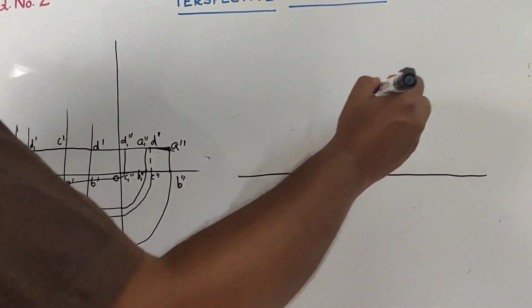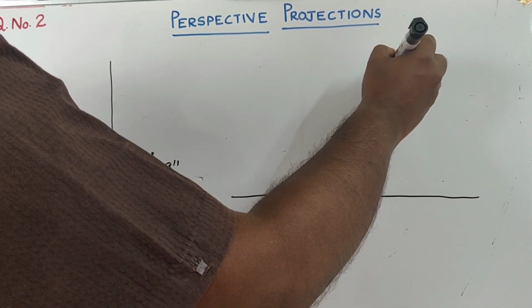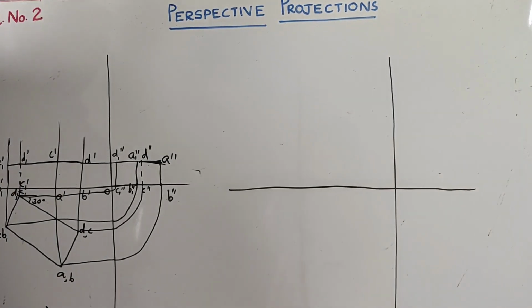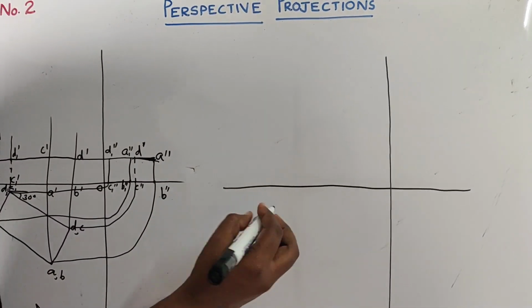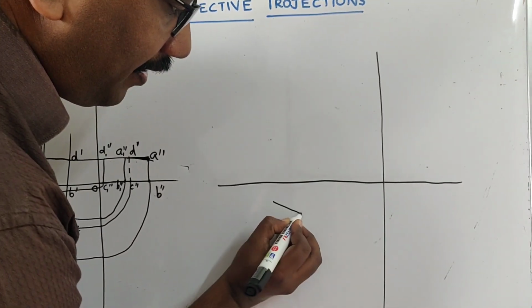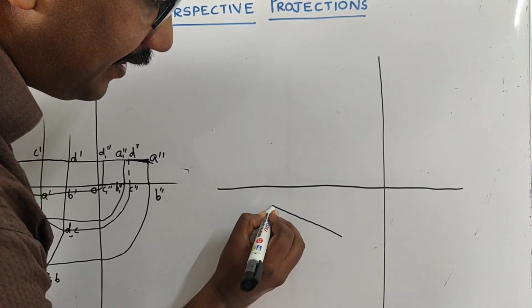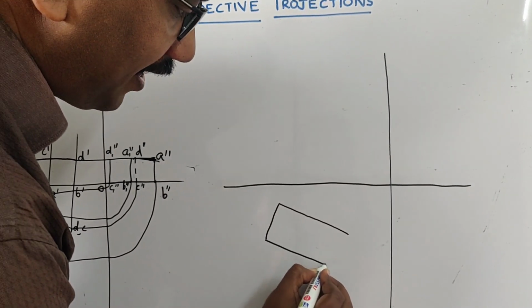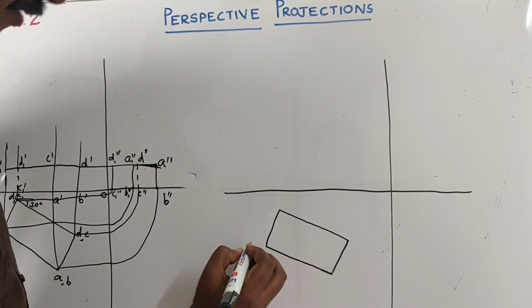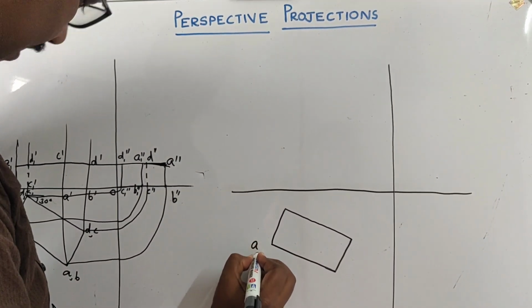Now, based on the ground line, we should have the top view and the side view. First, we will copy the top view. You will have one rectangular face inclined at 30 degrees, and you are having the dimensions properly, 60 and 25, isn't it? So this is A1,